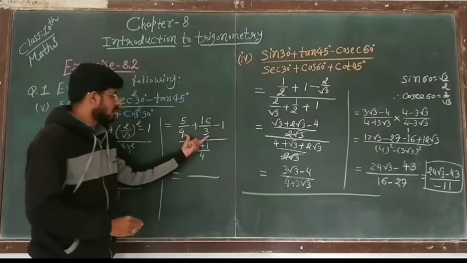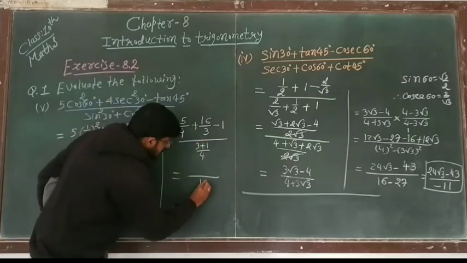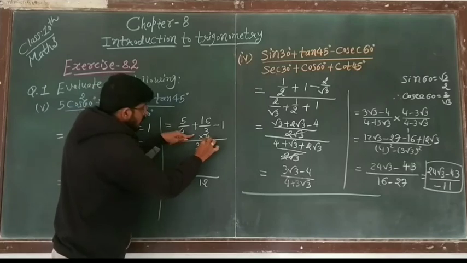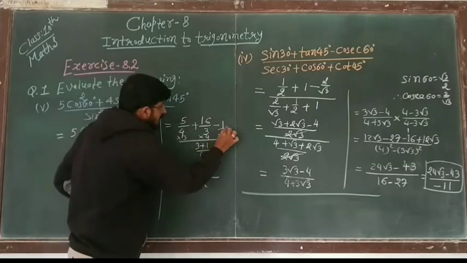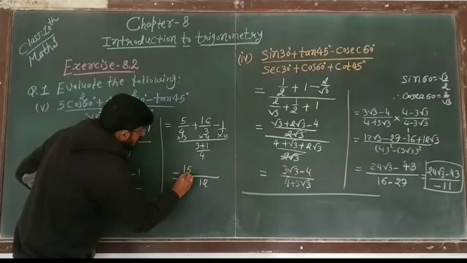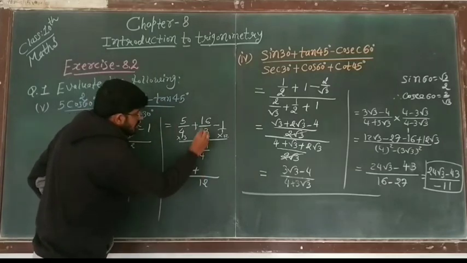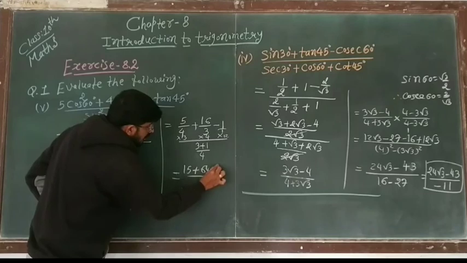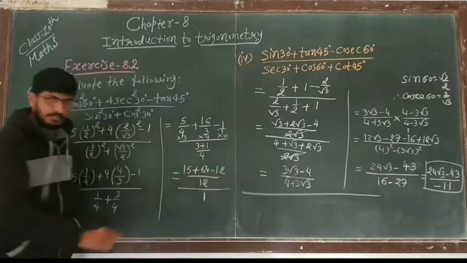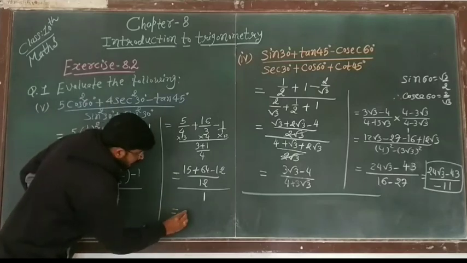See, 3 plus 1 upon 4 is equal to. Now take LCM over here. So LCM is 4 3s are 12. So here multiply by 3. 3 4s are 12. Here multiply by 4 because 4 3s are 12. Here multiply by 12 because 12 ones are 12. So 3 5s are 15 plus 16 4s are 64 minus 12. 1 divided by 4 by 4, 1. Is it clear? So no need to write.